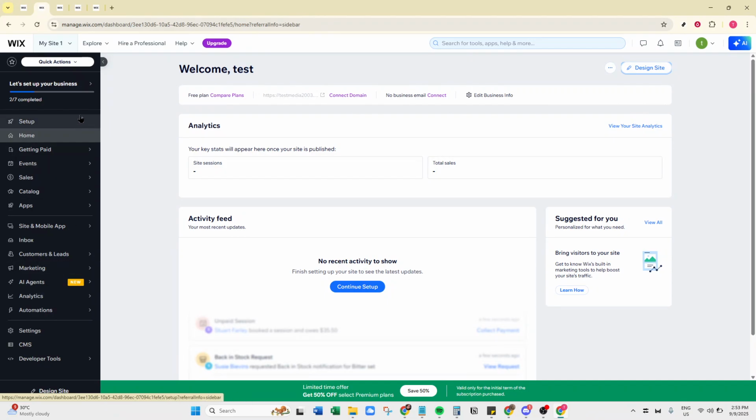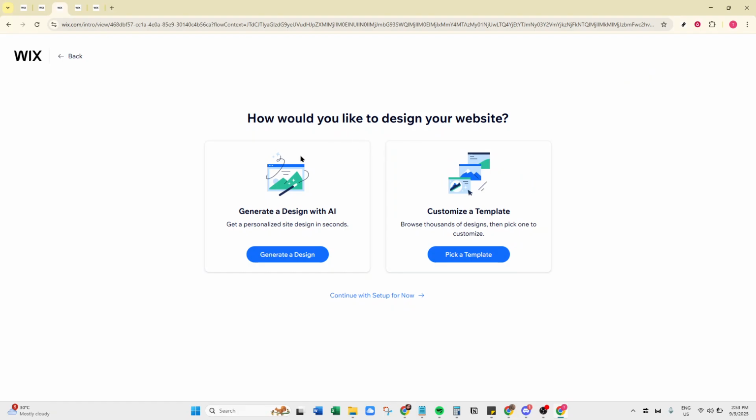Next, it's time to choose your preferred creation method. Wix offers a few different options here, so take a moment to consider what suits your needs best. You can start from scratch if you want complete control over every detail, or you can use Wix's sophisticated artificial design intelligence, known as Wix ADI, to streamline the process. This tool can generate a personalized website for you within minutes, asking you a few questions to tailor the design